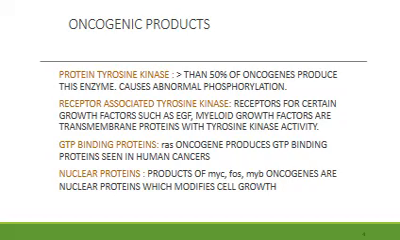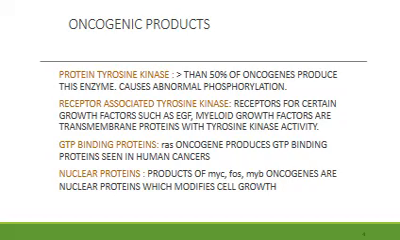Third type is the GTP binding proteins. This is seen in the case of the RAS oncogene, which produces GTP binding proteins seen in human cancers. Then nucleoproteins: the products of the MYC gene, the FOS gene, and the MYB gene oncogenes are nucleoproteins which modify cell